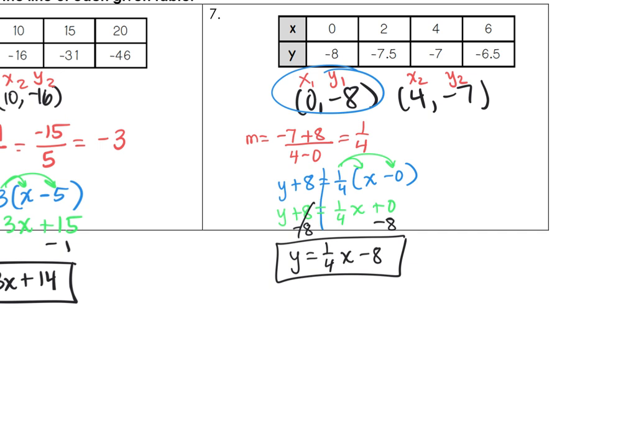So then I plugged it into my point slope form, and I used this point 0, negative 8. And I did y minus negative 8, but minus a negative becomes a plus. So I have y plus 8 is equal to the 1/4, and then I just put the x minus 0 in there. Then I distribute. 0 times anything is just 0. So then when I had to get y by itself, since this was y plus 8, I do the opposite of that and subtract 8 to get my equation y equals 1/4 x minus 8. All right, so